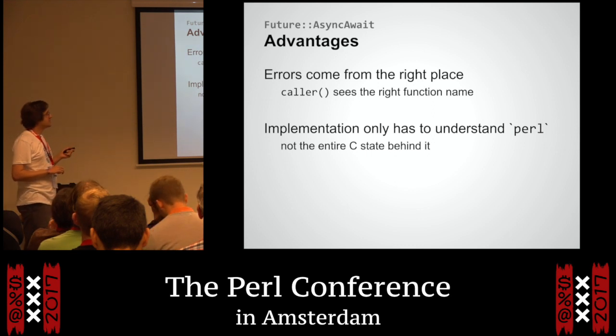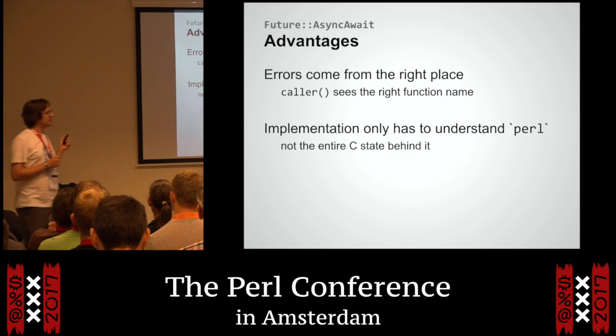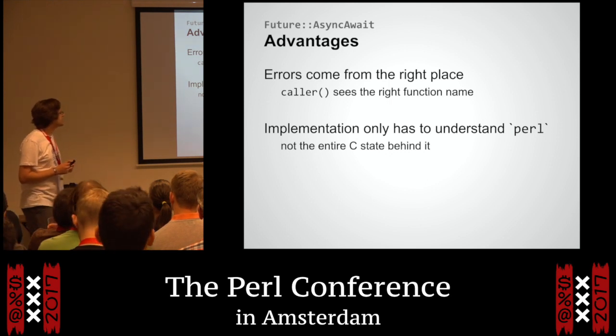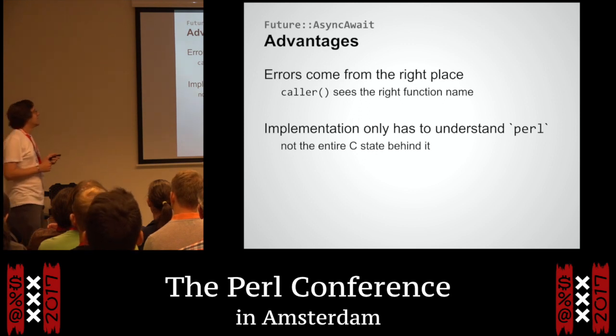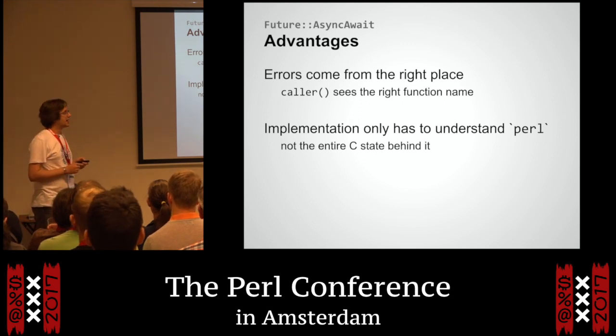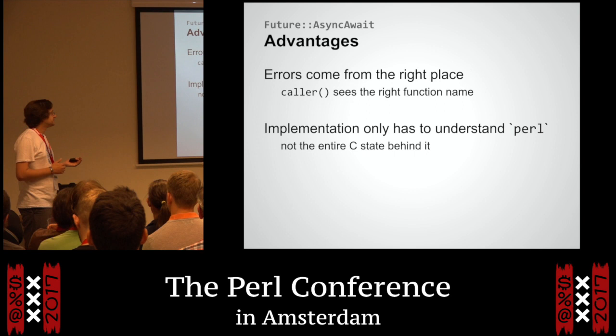And that has a real big advantage as compared to some of the other mechanisms similar to this you may be thinking of on CPAN, because I don't care what C is doing. I only care what the Perl interpreter is doing. And there's one of it. And if the Perl interpreter ever changes, well, I can just version guard the code. I can just say, oh, well, up to 5.22 it did this, so I have to do this. But then later on it does something else, so I have to do something else.